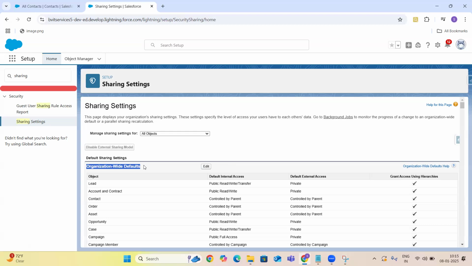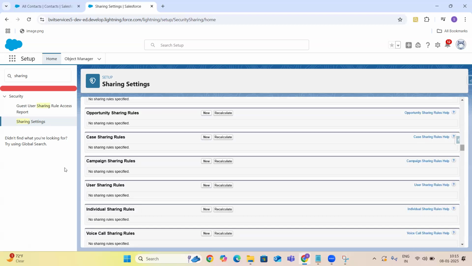In case we would like to extend that access for a set of users, that is the time. For example, in the org-wide default we don't give access to a particular object, but now I want to give access to that particular object to a set of people. Then obviously I'm going to write a sharing rule. This is extending the org-wide default access; we use sharing rules.